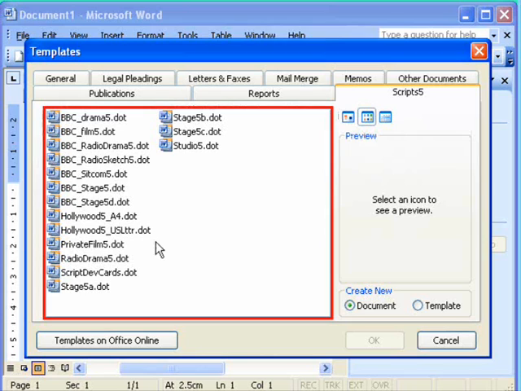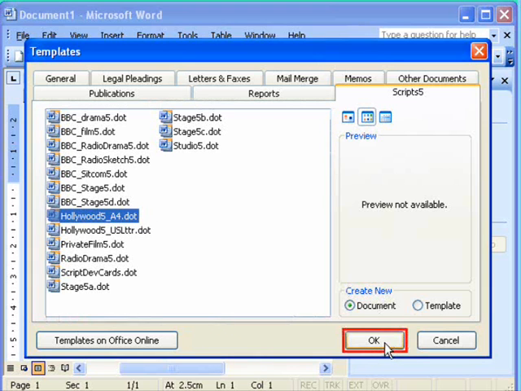Script on Hollywood, that is a film star single camera script, and my printer is loaded with A4 because I'm in the UK. So I'm going to choose this one. If you are in the US and your printer is loaded with US letter paper, then click on this one instead. Right, so I click on that one, highlight it with a single left click,